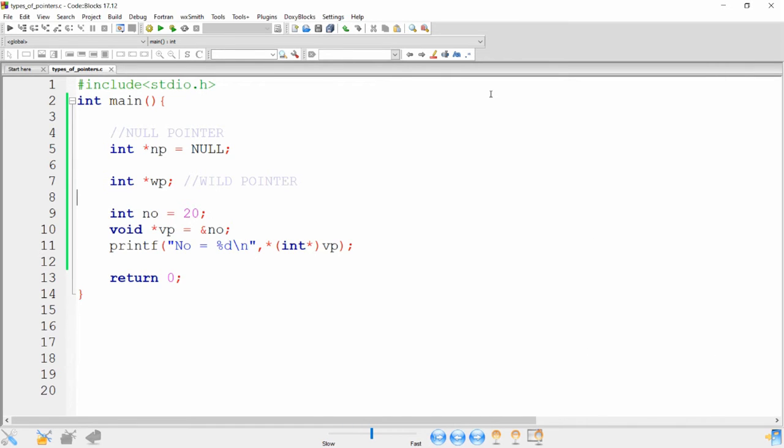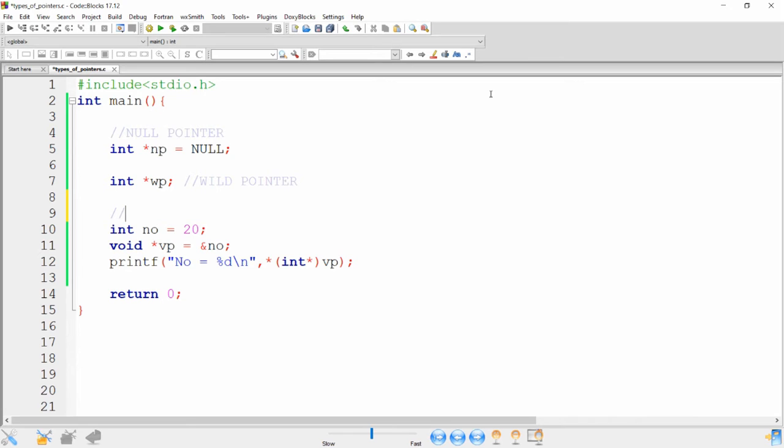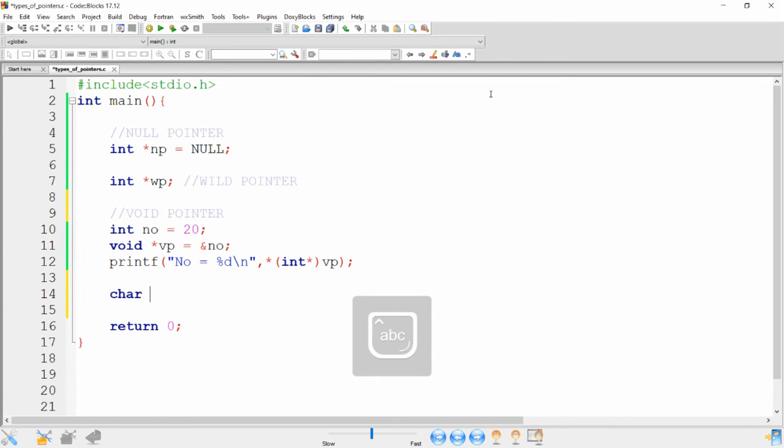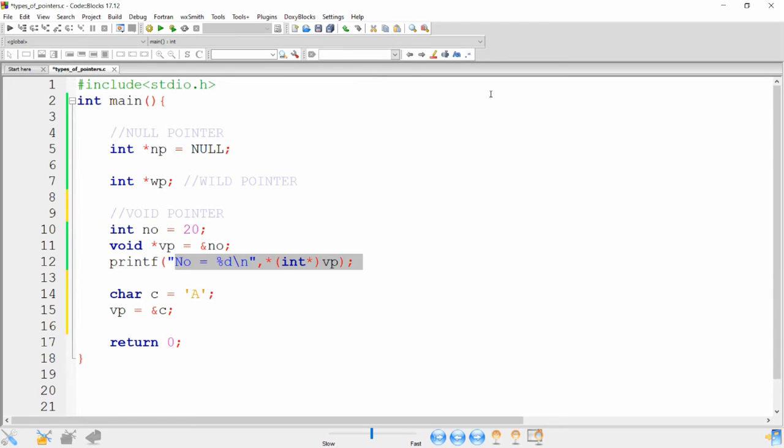Not only this, the void pointer has the power to point to any data type. For example, if your variable is declared as a character, char c = 'A', and you want to point to the address of the character, you can simply write vp = &c. Whenever you want to retrieve the value, you need to cast to the respective data type.